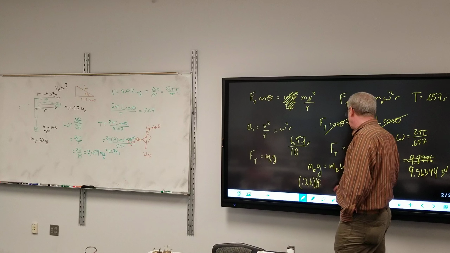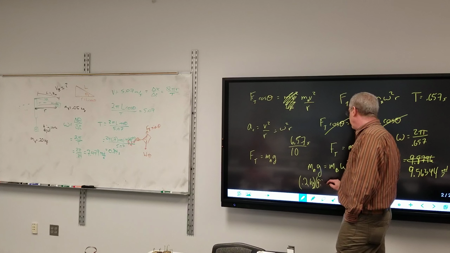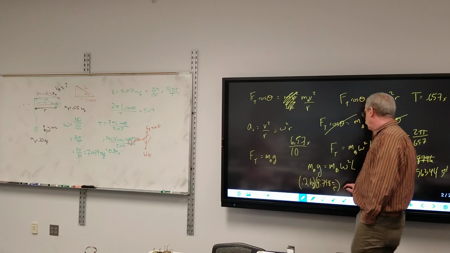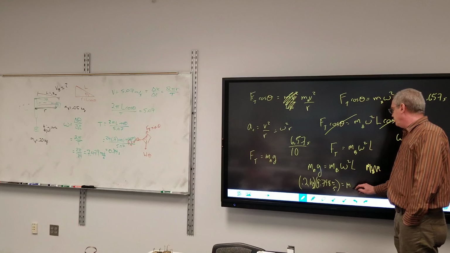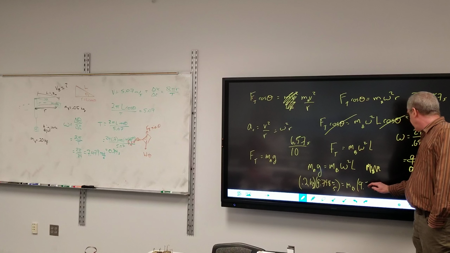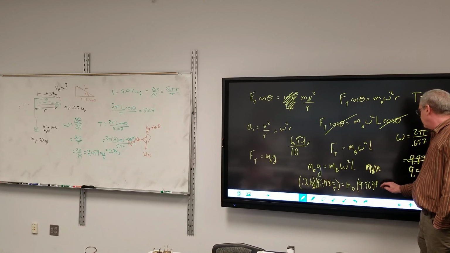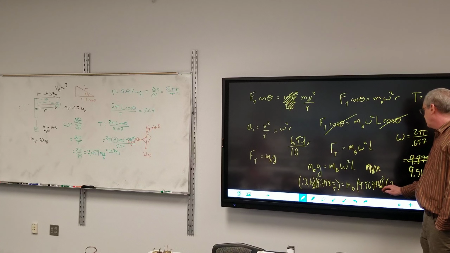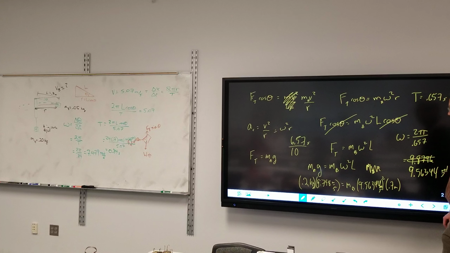We know what it is. 9.798 meters per second squared is equal to the mass of B times omega, 9.56344 squared, times L, which is 0.7. That's meters, this is radians per second. And therefore, the mass of B is